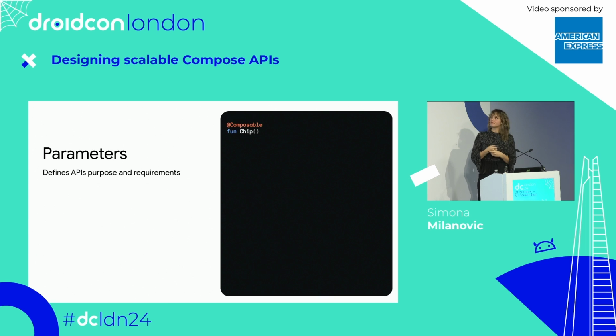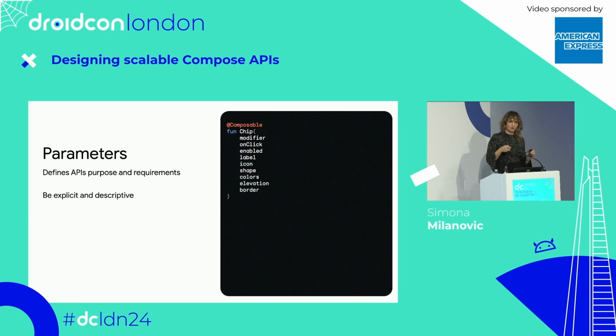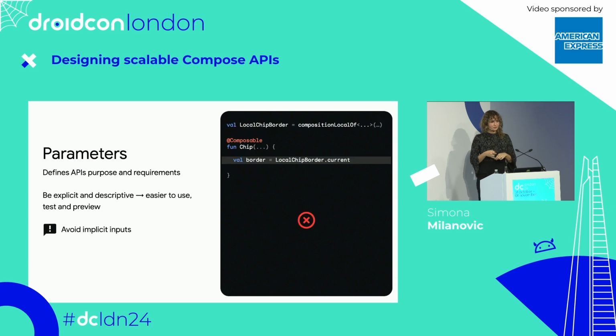So your API is only functional as the inputs that it has or has access to, and therefore parameters are crucial to defining the API purpose and requirements. When thinking about your API structure, try to be explicit and descriptive. Explicit parameters make it easy to present the API behavior, adjust it, preview, test, and use. Descriptive inputs ensure that your API is readable from the start and easier for users to understand at a glance. Try to avoid